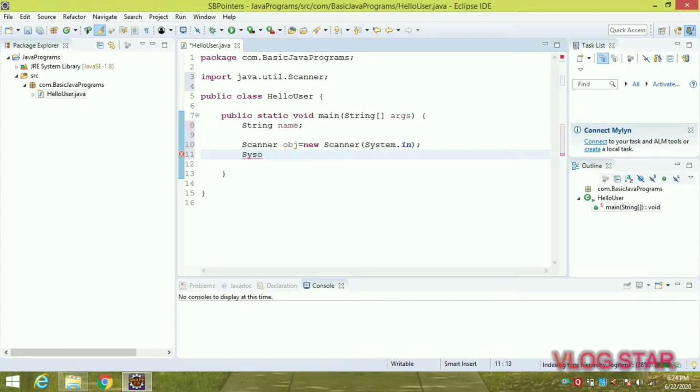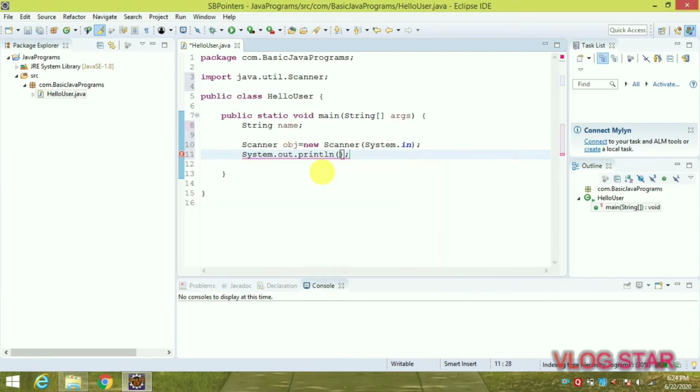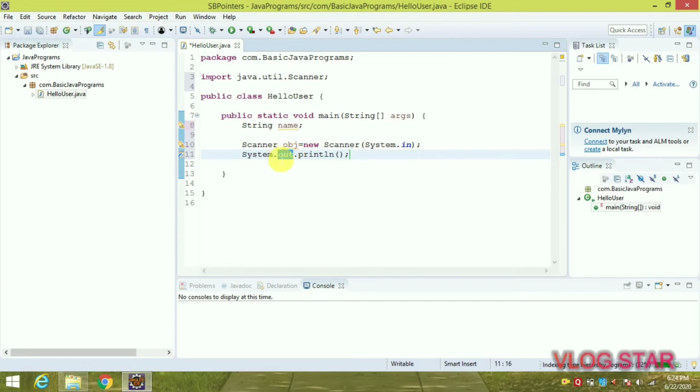Now press Ctrl space. Now you can see in the first line this is System.out.println. Now enter. Now this System is a final class of the java.lang package. This out is the instance of the PrintStream class, as all the instances of the PrintStream class contain the println method.